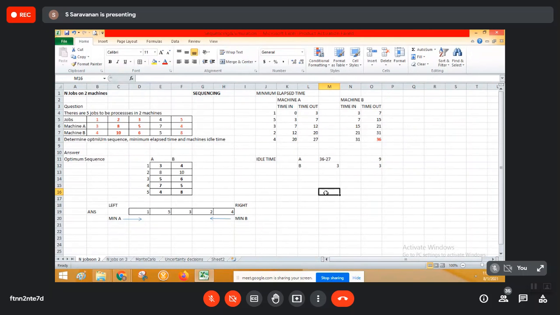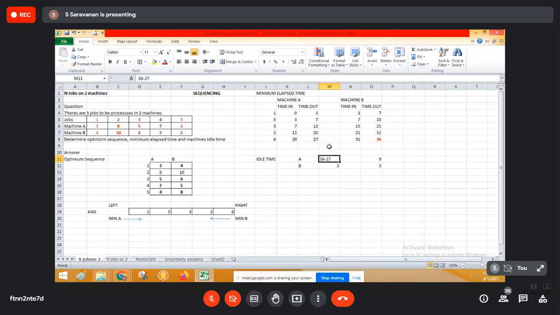You're speaking about the idle time of A. Yeah, idle time. So you're saying that 36 is going to be counted, so it should be 8. No, not like that. I am telling the total idle time in between the process itself. It is coming to 8 in total. So you are calculating A and B separately. That I am not able to understand. I am telling.